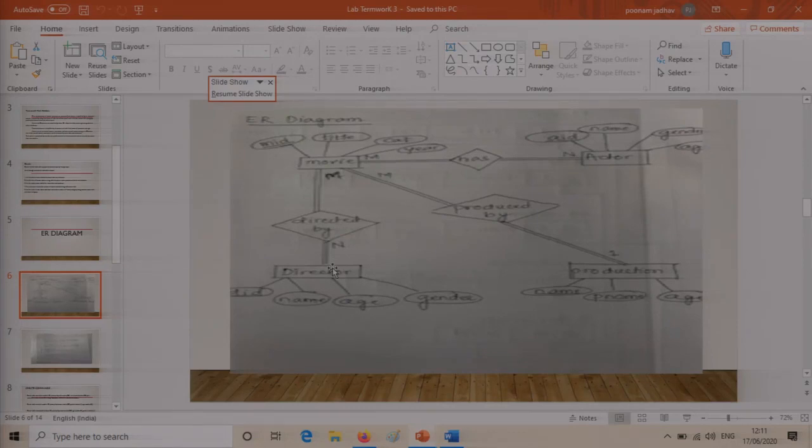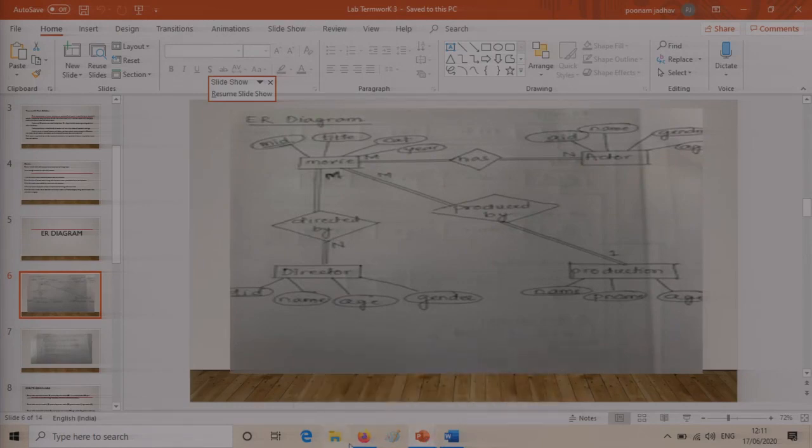So you just have to equate the movie ID in the movie table to the movie ID in the directed by table, which is the relationship table, and the director ID has to be equal in the directed by table and the director table. You have to understand this and build the relationship. That is what is being done here.